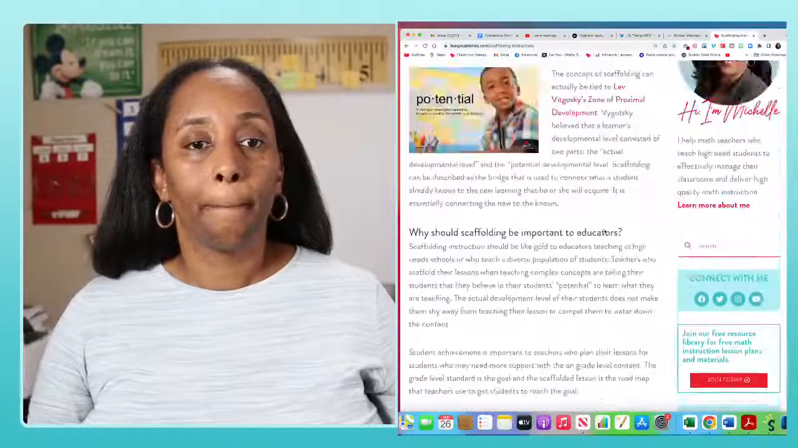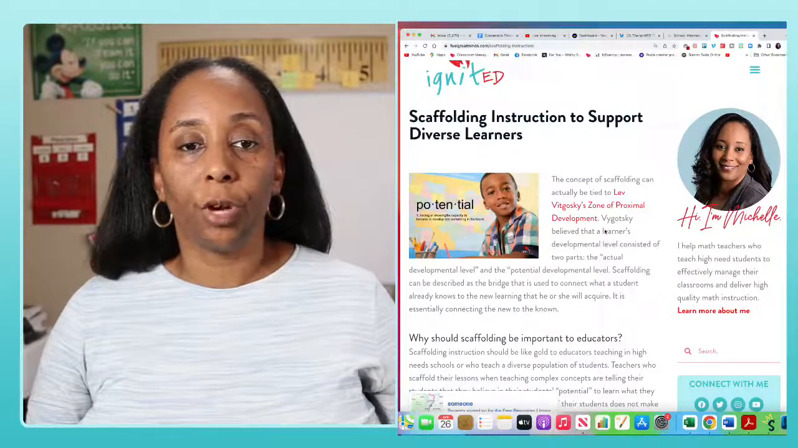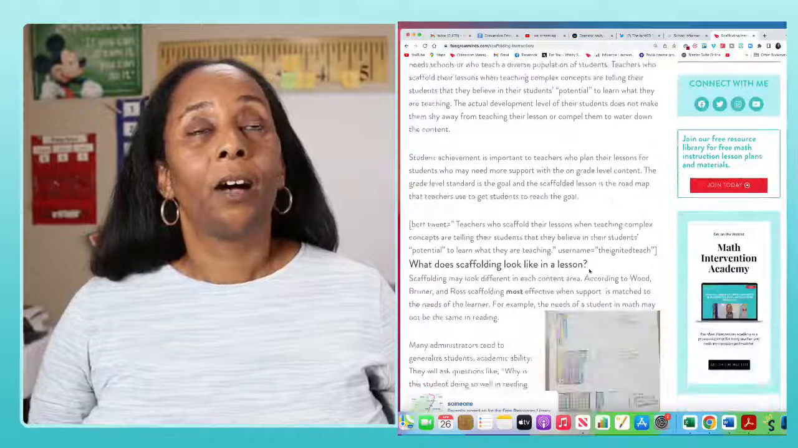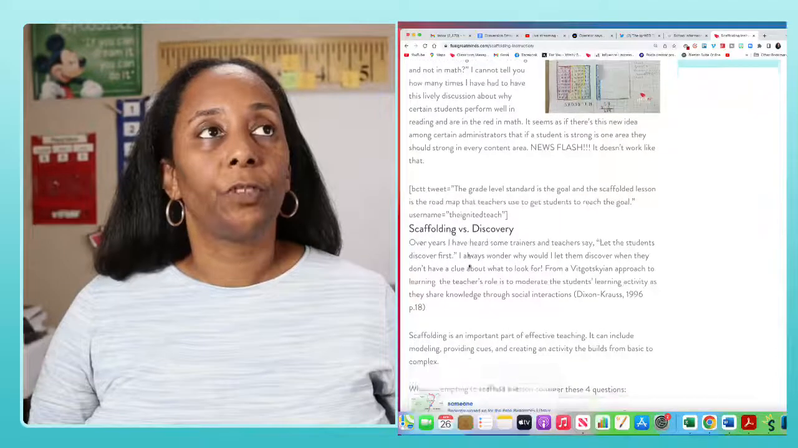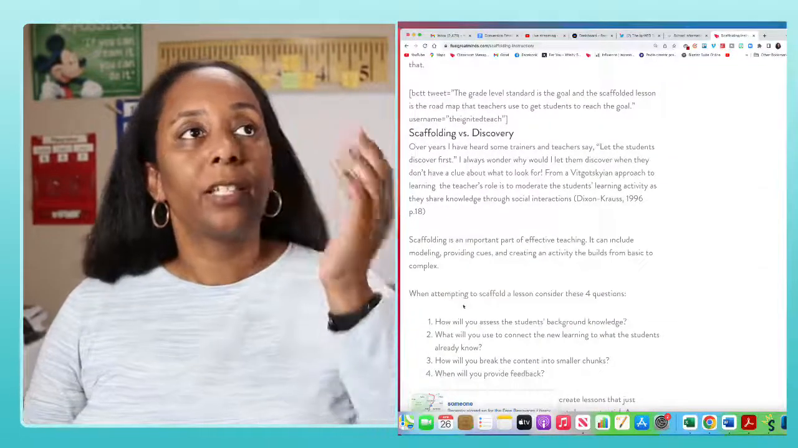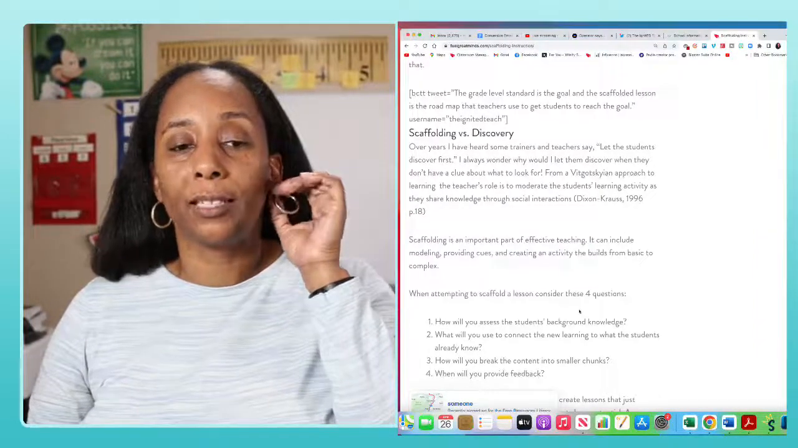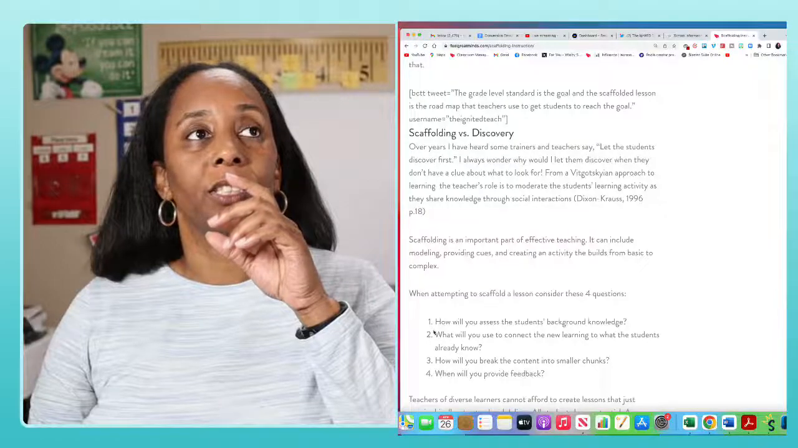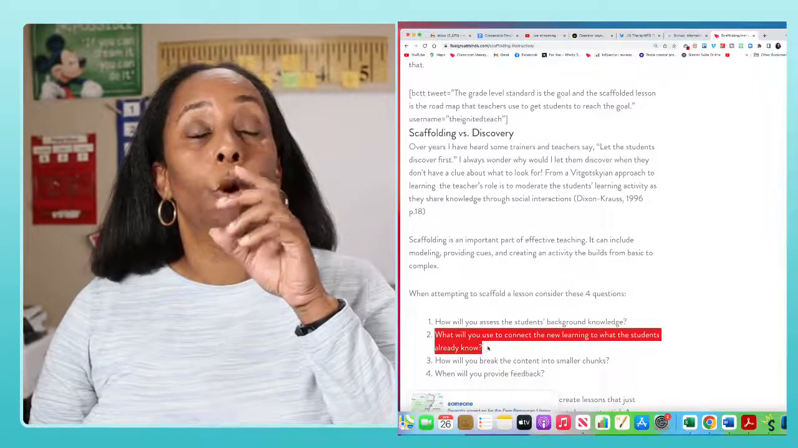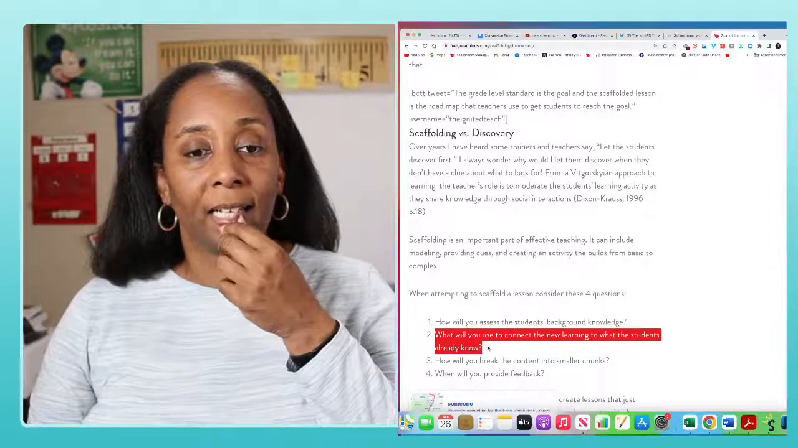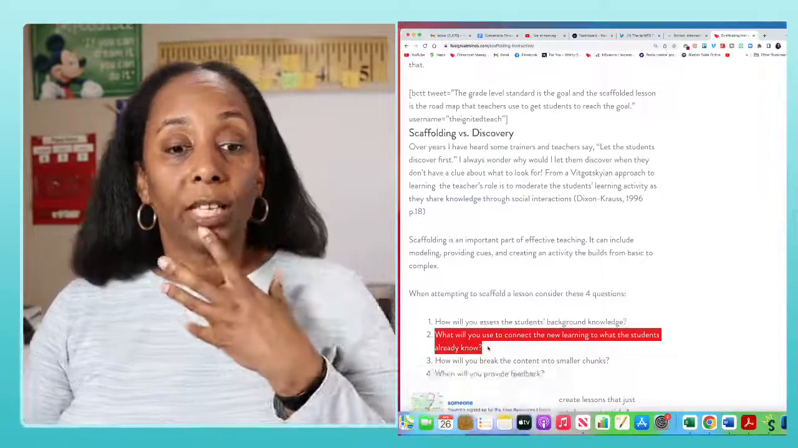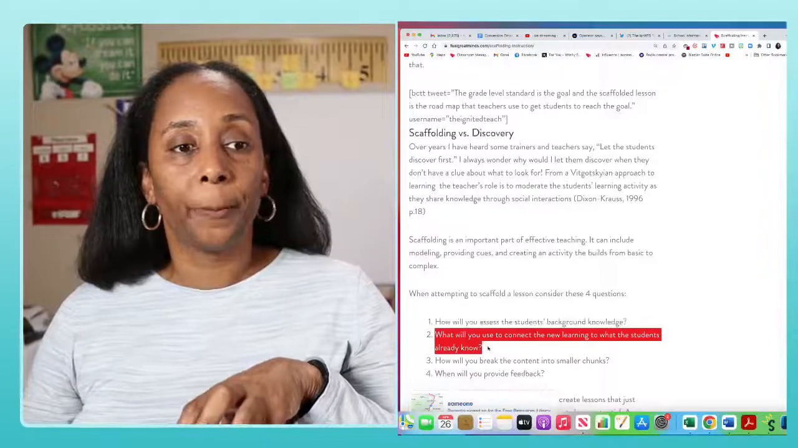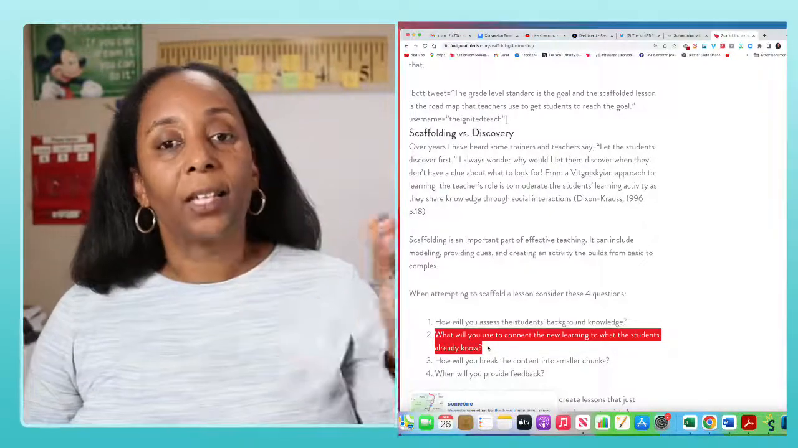Now, I want to share this blog post with you all. It's called Scaffolding Instruction to Support Diverse Learners. It talks about scaffolding, but I wanted to bring your attention to scaffolding versus discovery. In here it says, when attempting to scaffold a lesson, consider these 4 questions. One of them is, what will you use to connect the new learning to what the students know? And the gap closing that I showed you today is how to connect it to